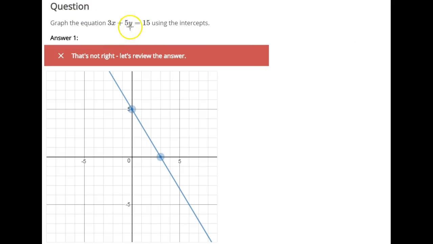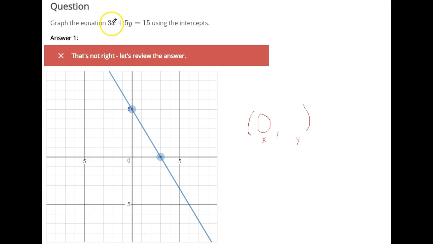For this next question, we're going to graph an equation using the intercepts. And I have a wrong answer drawn here, but we're going to show how to get from this equation to the correct answer. So one of the intercepts is on the y-axis, and the other intercept is where the graph crosses the x-axis. And so to find where it crosses the y-axis, that means x is 0, because we haven't gone anywhere from the origin. Our x value is 0. We don't know what the y value is. So we want to plug a 0 in there for x, and we're going to solve for that unknown y